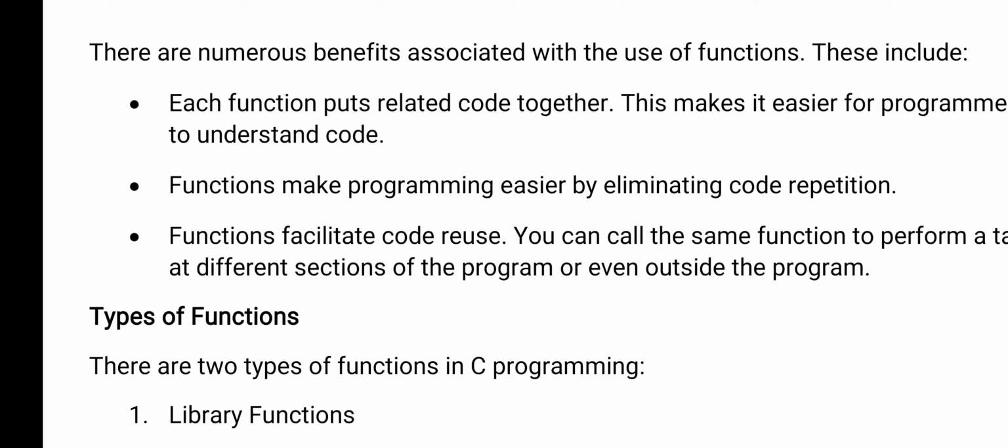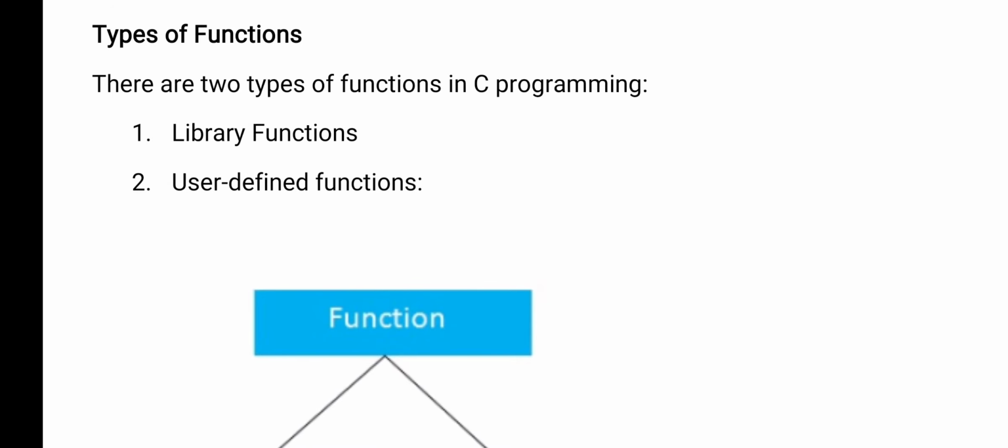Okay, next, there are two types of functions. See, already I have explained in C programming there are two types of functions. One is the library function, the second one is the user defined function. Library functions are also called built-in functions, predefined functions. These functions you will get when you load the software into the system, which helps the user to create a program. Okay, so whatever functions you get from software like C++, those functions come under library functions. Here you need not create anything, everything is ready-made.